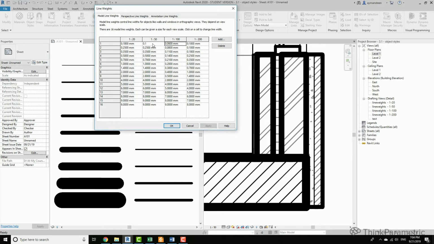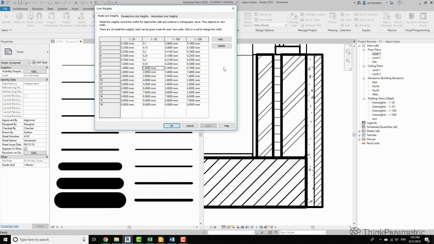As you can see, the fill thickness is changed. Let's make it 0.1. Other lines will increment by values of 0.05 millimeters. So slot 2 will be 0.15, then 0.2, 0.25, 0.3. When we apply, you can see that the lines are enhanced.